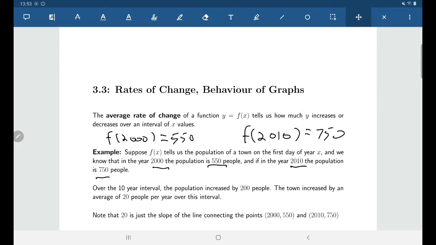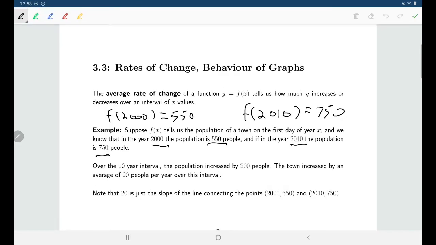Now, if you're interested in how this population is changing over this 10-year period, if it was originally 550 people and then ended up with 750 people, then over that 10-year period, you had an increase of 200 people. And an increase of 200 people over 10 years is the same thing as an increase of 20 people